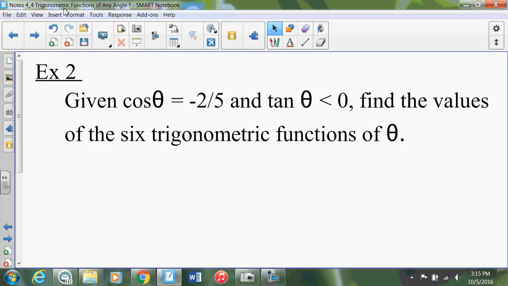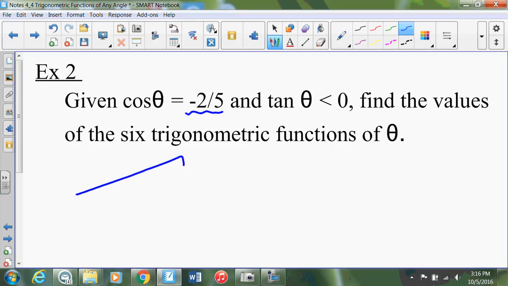Okay, our second problem says given cosine theta is equal to negative 2/5 and tan theta is less than 0, find the values of the 6 trig functions of theta. So I'm not given a point, but I definitely recognize that negative 2/5 is not a unit circle value. So I need to make my right triangle and use right triangle trig that says since cosine is adjacent over hypotenuse, and if cosine theta is equal to negative 2/5, then I know that my adjacent's 2 and my 5